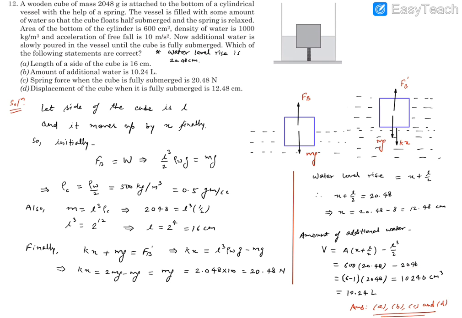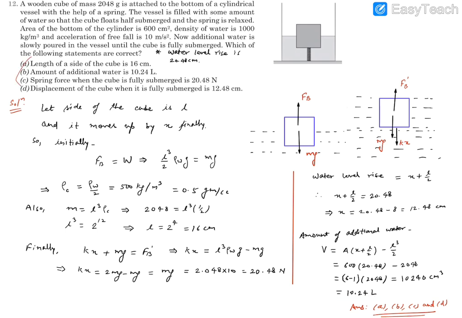When we simplify this, we can multiply this by 100 and make this 2048, and then we can take this 2048 as a common, so it's going to be 6 minus 1, so that's 5 basically, and when you multiply we get like this. Since it is coming in centimeter cube, we can convert it into liters, because we know 1000 centimeter cube is equal to 1 liter, so it becomes 10.24 liter.